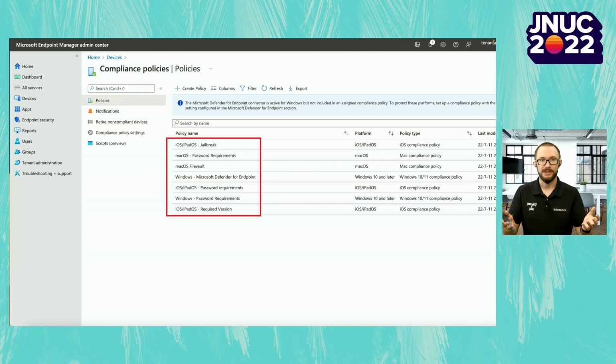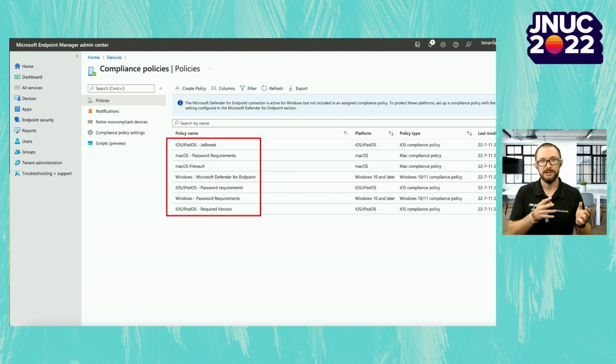In this picture, you can see that I have a number of compliance policies configured. I usually break them up on a per setting or per category basis to better be able to communicate to users when something isn't configured as it should on their device. As an example, if I have a compliance policy that requires them to have a passcode of at least 14 characters, and it is not, this policy can then send an email to them and explain that this is what you're violating, please fix it.